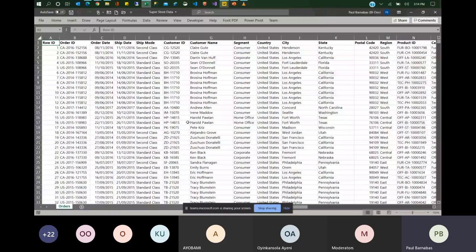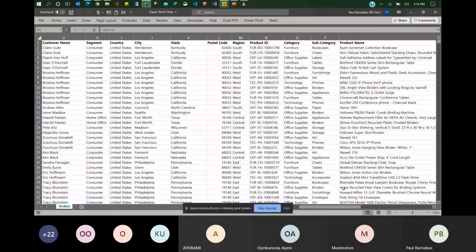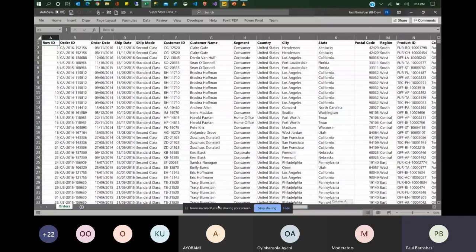And we see information containing the order number, the time, the date when it was ordered and shipped, the type of shipping method, the customer code, the name, the segment of that particular item, the country, the city, state. It gives us a detailed information of those items that were sold. So we'll be loading this data. This data will be made available for us at the end of this session so that we can play around